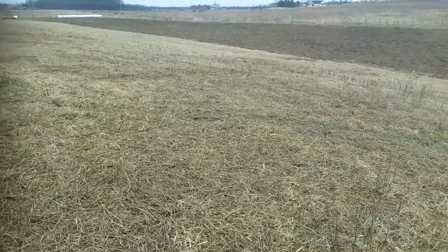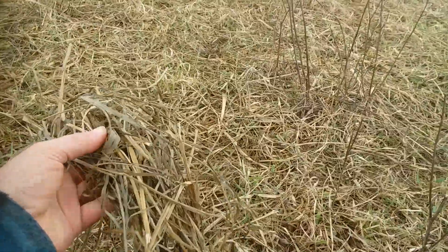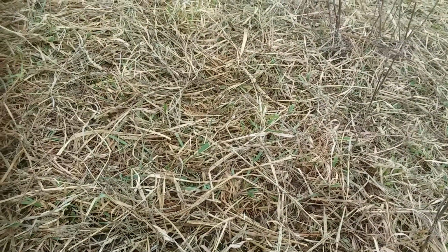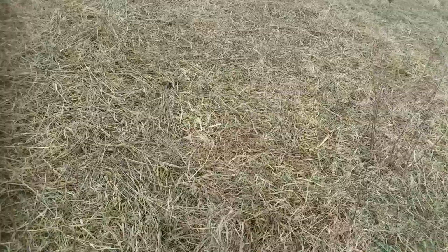You can see we're in a high spot here. The dark is the turnips the ewe lambs ate. And what we're looking at is the leftover hay, actually haylage, from where we fed the ewe lambs last night. You could look at this and call it wasted. We look at it a little bit differently, since we have the ewe lambs out on pasture,